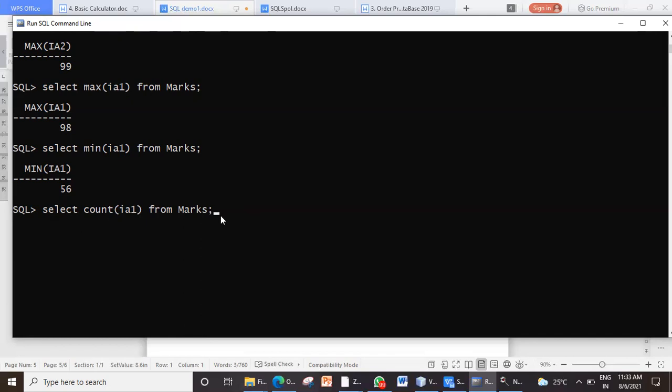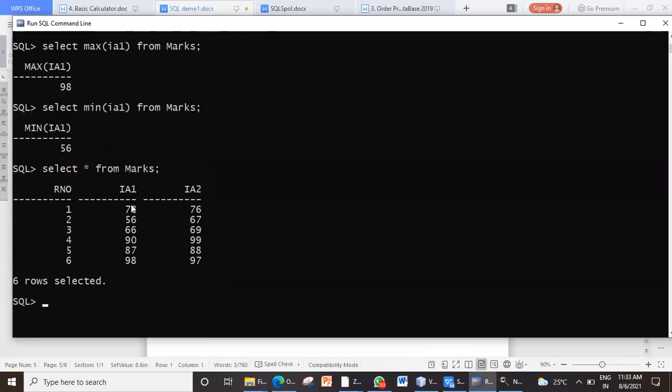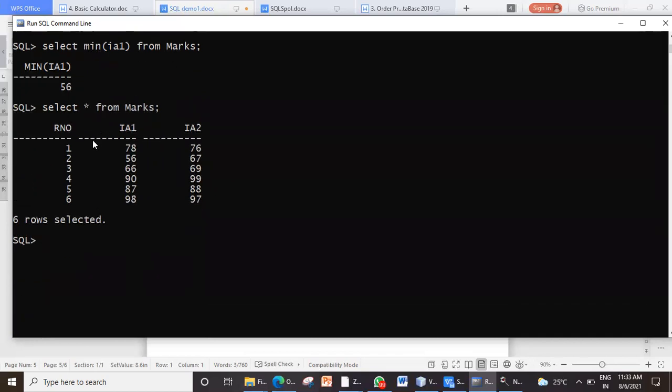Select star from marks. I wanted to display all the rows for you. So when you count the number of rows for a particular column, it is like 1, 2, 3, 4, 5, 6. So 6 is for I1.